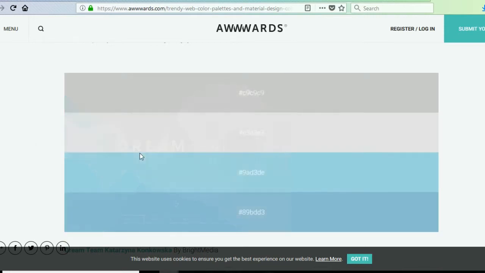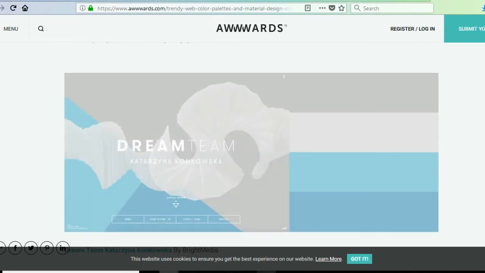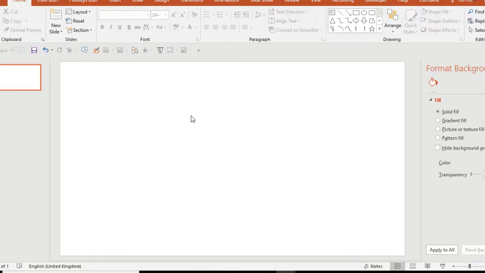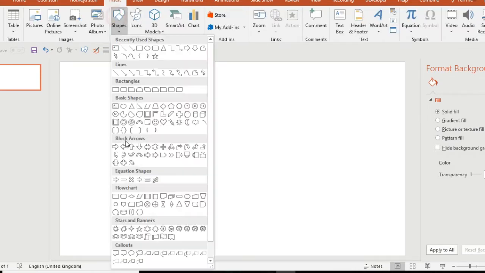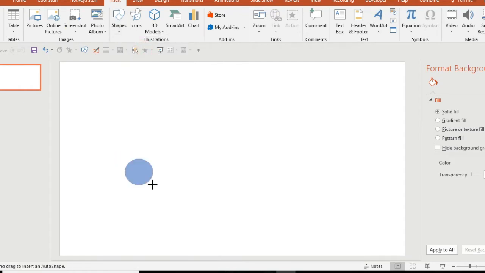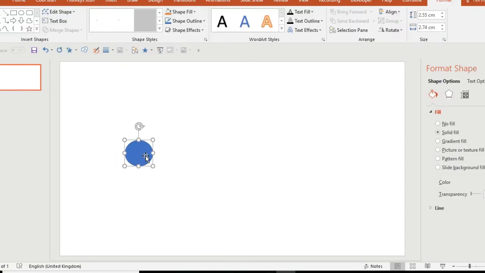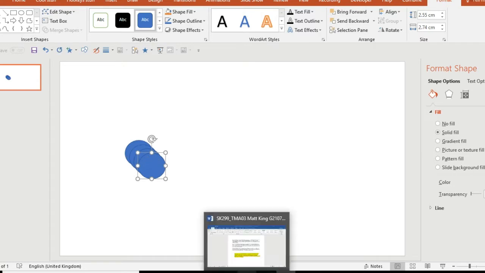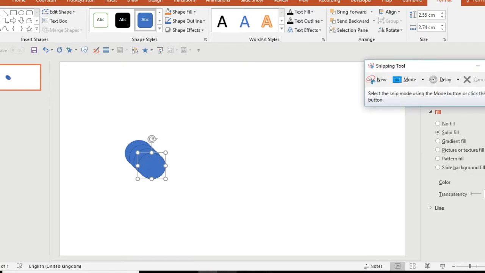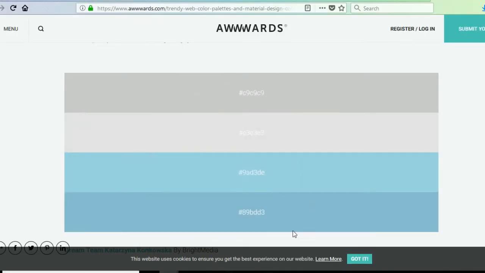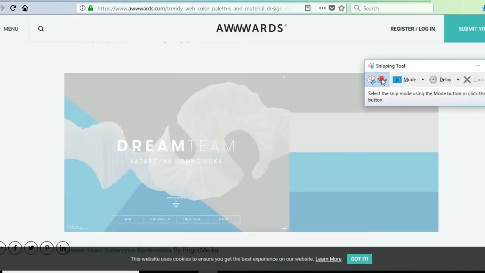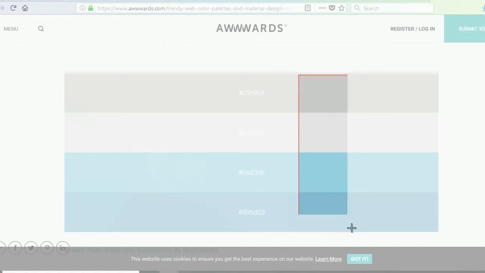I've started by just looking at some colour schemes to put the idea together, and I'm going to centre my design around circles. At the moment I'm just playing with some shapes and some colours and the design will come together. I have an idea in my head of what the animation is going to look like, so just follow my lead. At the moment I'm taking a snip using the snipping tool on Microsoft of some colours,